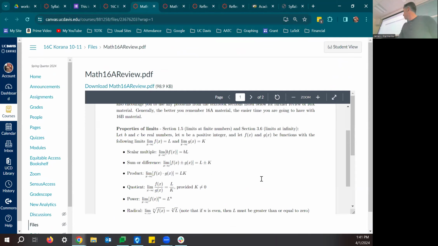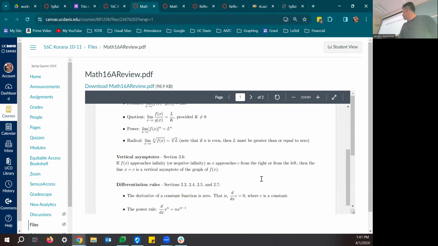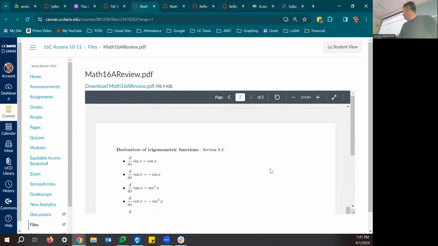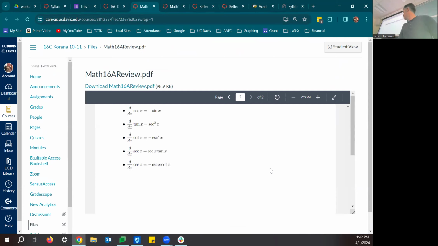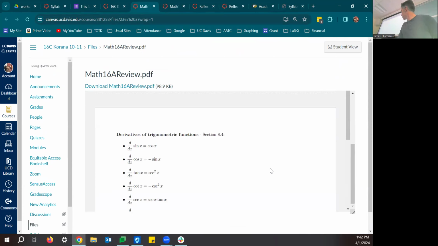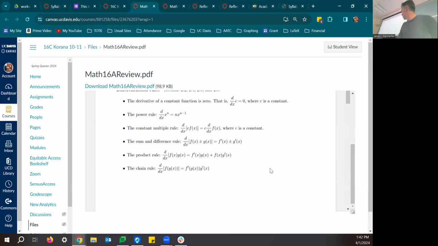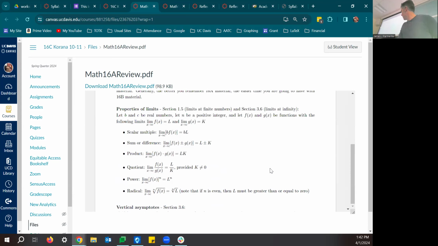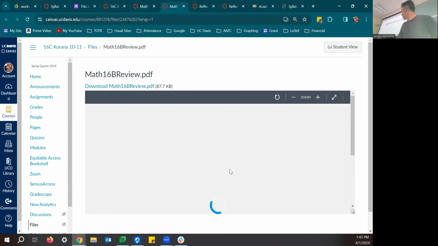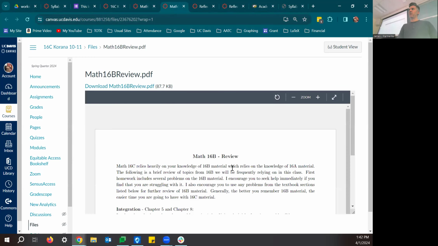Right, so limit rules. I would not focus on that. I would focus on these derivative rules, which are given very generally. And then you should know the trig derivatives. I feel like this list is missing a couple things, in my opinion. There are a few other derivatives we should know about that I'll find something to post, like the exponential function and the logarithmic function.